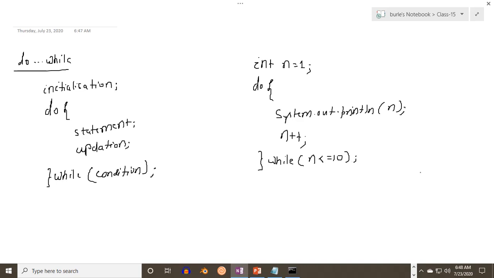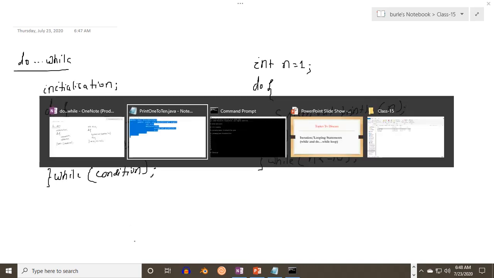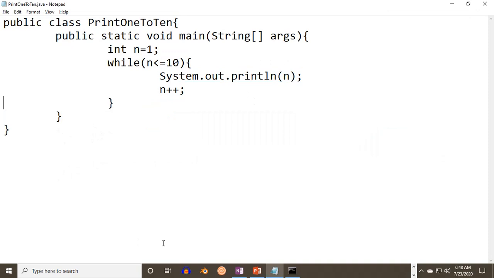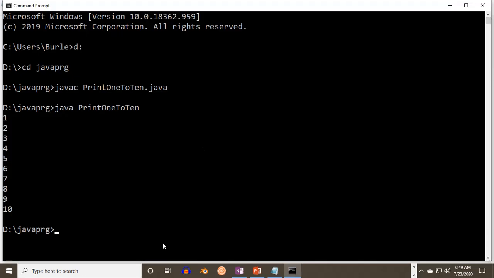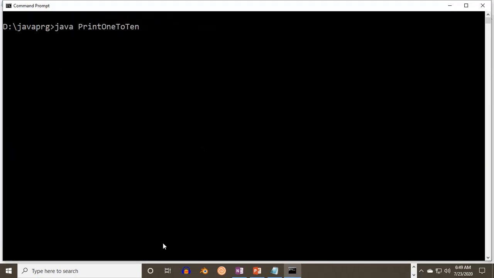So let me show you the answer by using the program. On the same location I just want to change. I want to make this one as do and this one as while n is less than equal to 10. So Control S, save. Let me do CLS, compile, run. So we are getting 1 to 10.